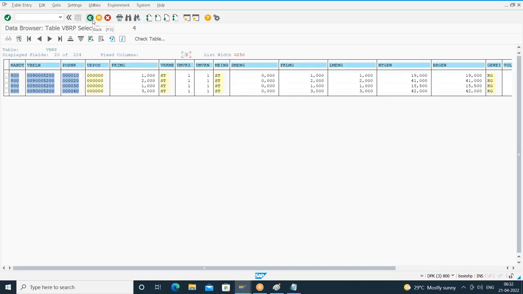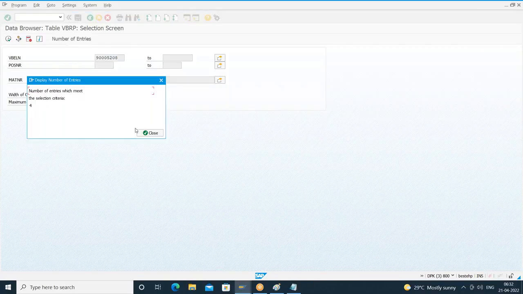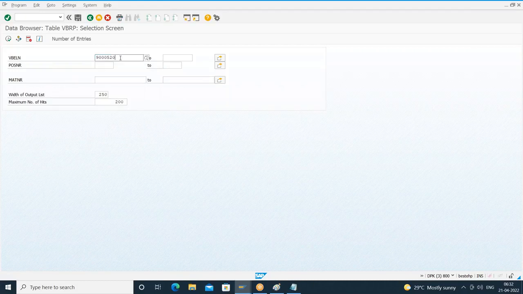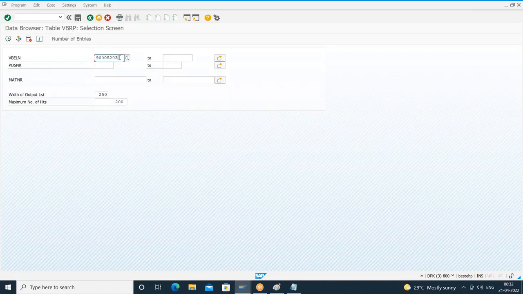Each billing document may contain one or more items. If I take 5205, four items. If I take 5208, four items. I'll take 5203, four items. Fine. So if I give the range as 5200 to